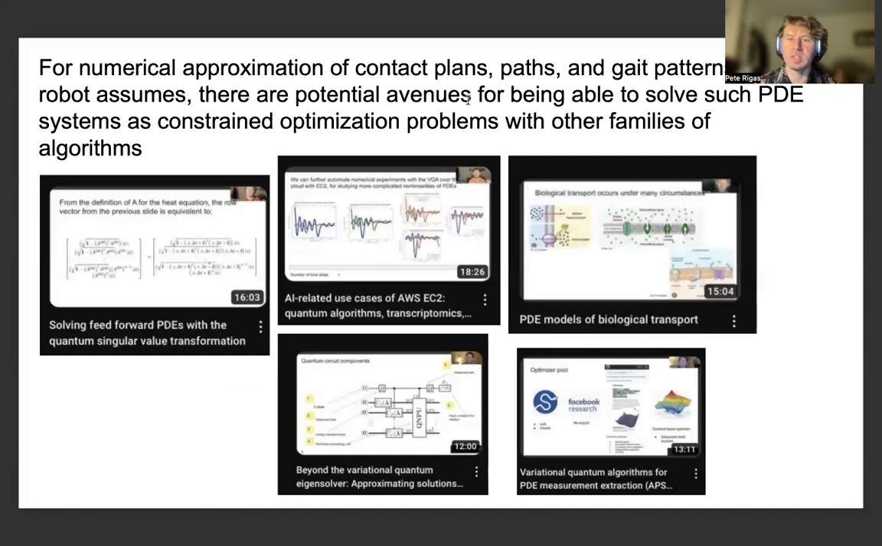And for numerical approximation of contacts, plans, paths, and gait patterns that a robot assumes, there are many potential avenues for solving the PDE systems that we had indicated for either torsional components or the rod PDEs, or the concentric rod PDEs, from different types of numerical methods, which I've also considered in previous work. For one, we can look at solving different types of PDEs with the quantum singular value transformation, or even test the performance of these numerical methods against classical PDE solvers with resources over the cloud in an